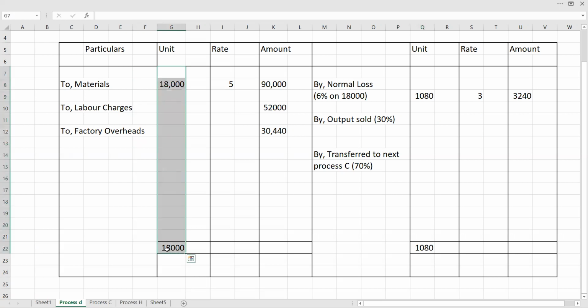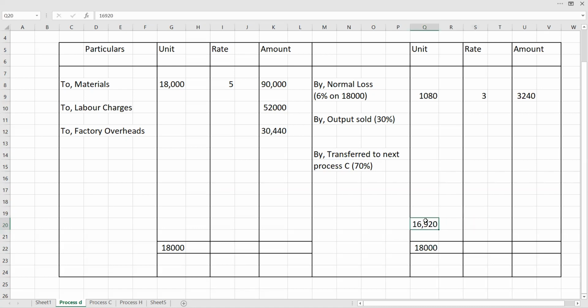आपण डेबिट साईडचा जो युनिट कॉलम आहे त्याची टोटल करून घेऊया. हाऊ मच द टोटल इज 18,000. क्रेडिट साईडचा जो युनिट कॉलम आहे त्याची आपण टोटल करून घेऊया. सो 1080. डिफरन्स कुठे येतोय तर डिफरन्स इथे क्रेडिट साईडला येतोय. डिफरन्स क्रेडिट साईडला येतोय मीन्स जितका डिफरन्स येईल. आता इथे डिफरन्स किती येतोय तर 16,920. 16,920 चा डिफरन्स येतोय अँड हा जो डिफरन्स आहे